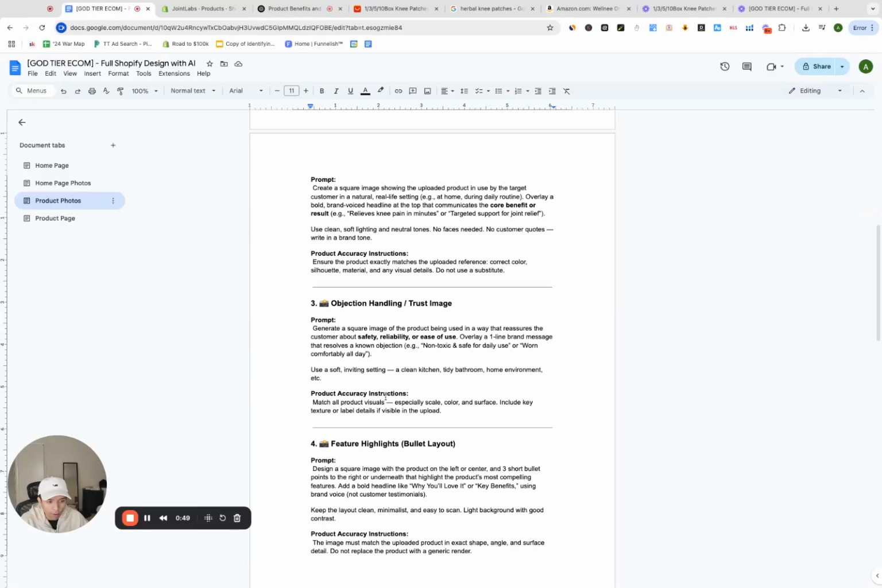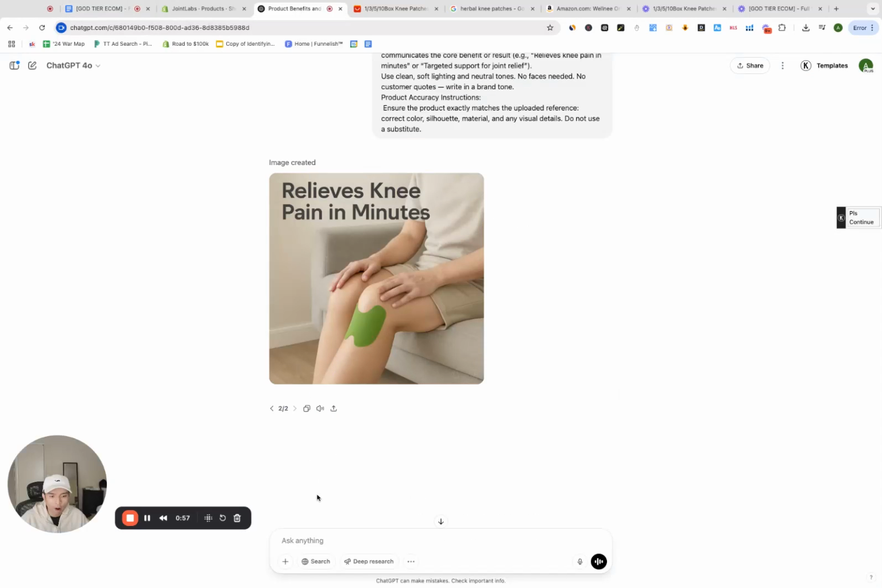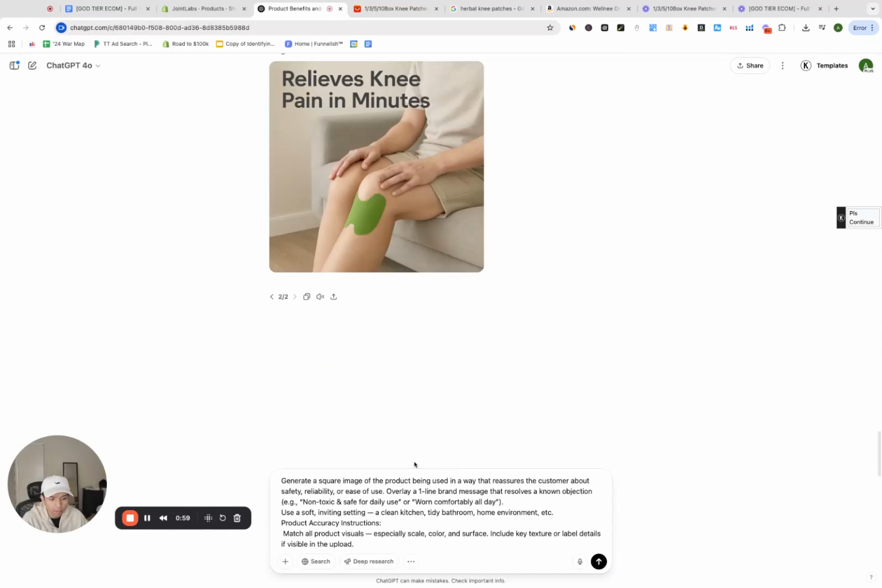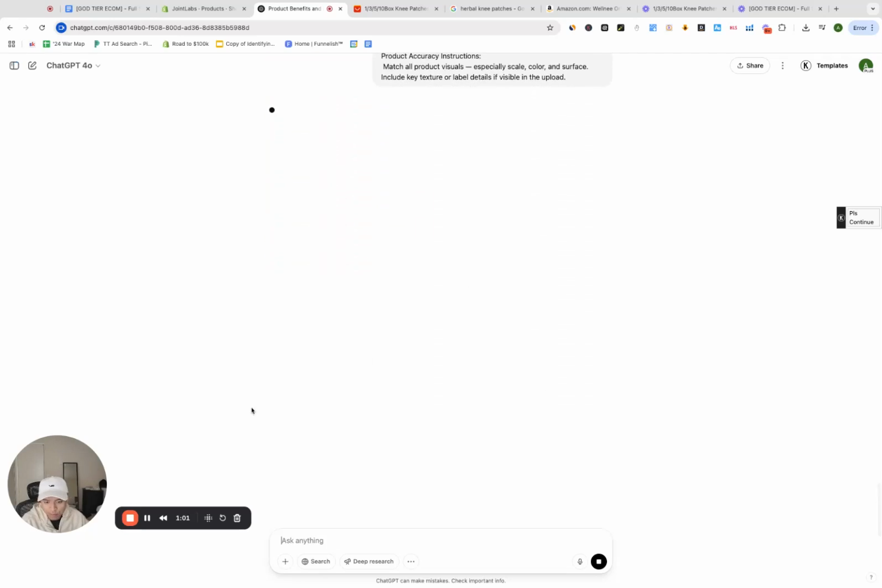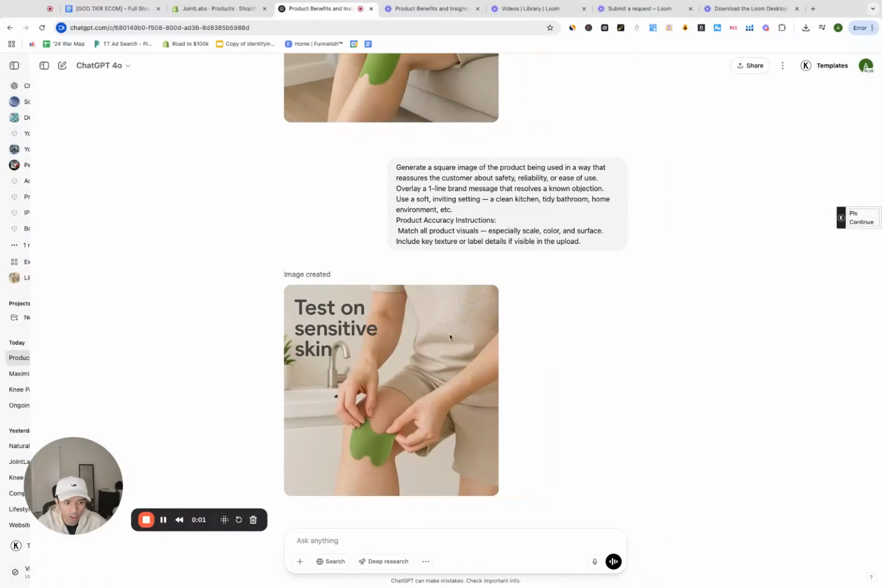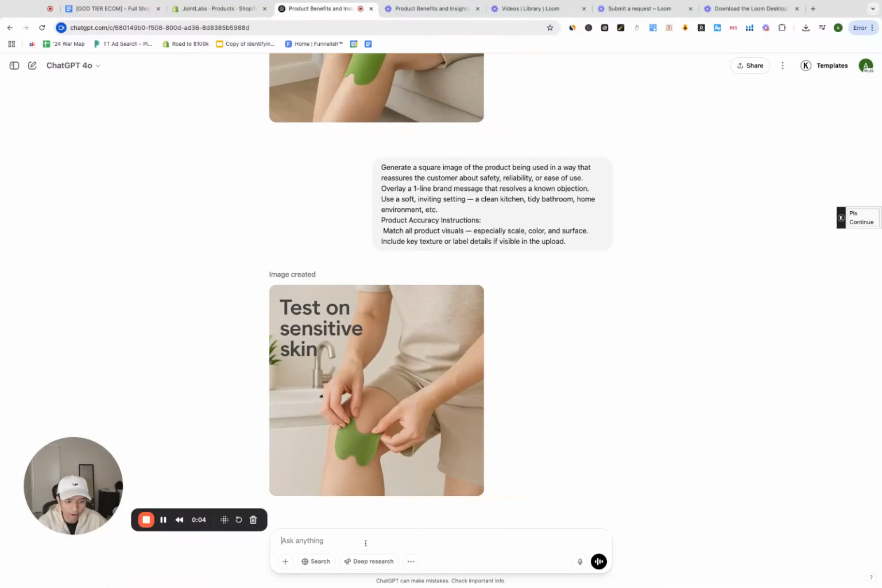Next, we are going to generate our objection handling / trust image. It sounds kind of confusing. You'll see what I mean in a second here. So let's go ahead and grab that prompt, jump back to ChatGPT and press enter. And then, as usual, let this thing cook. Right, so it has finished generating that image. I'm definitely not happy with that, but as with all ChatGPT prompts, you can massage the prompt a little bit better